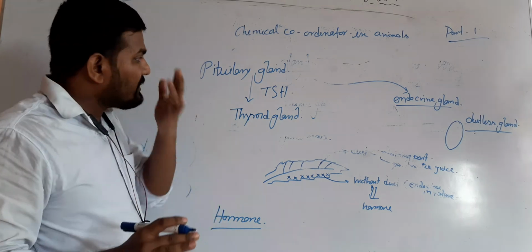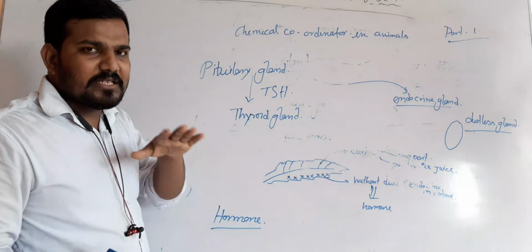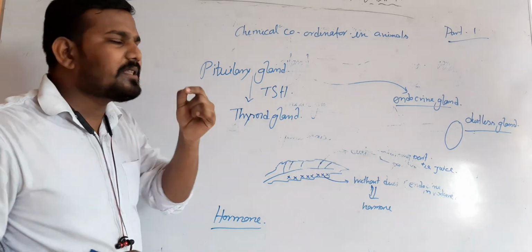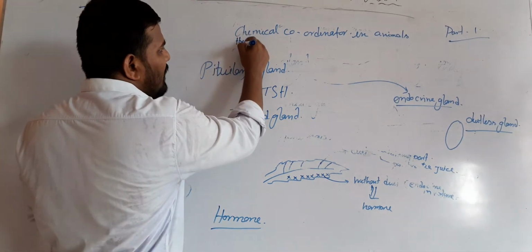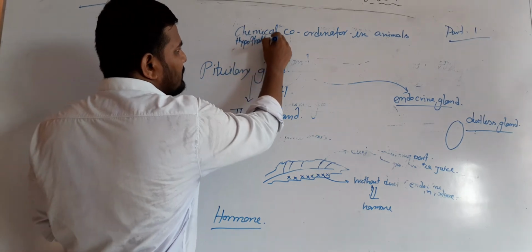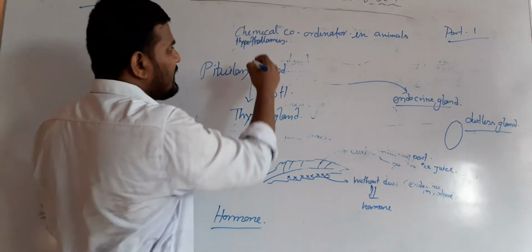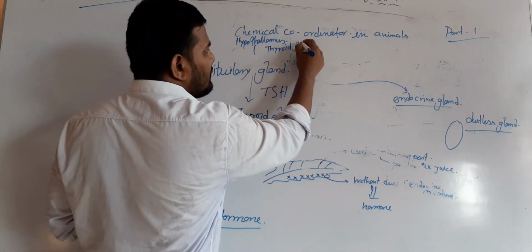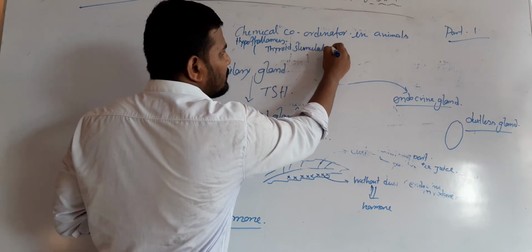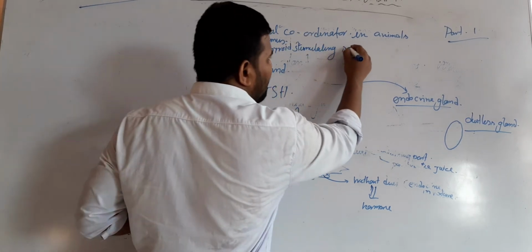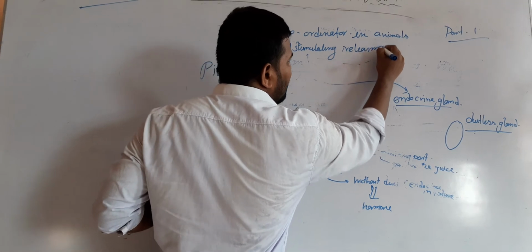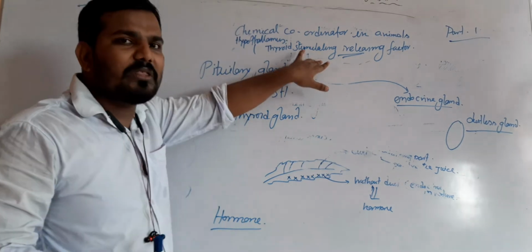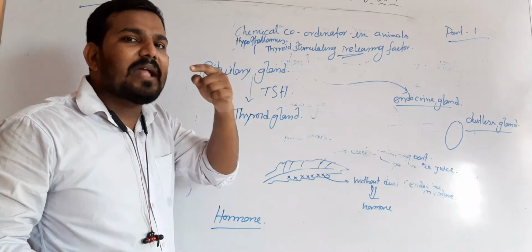How will the pituitary gland secrete the TSH? First, when the TSH is required, the hypothalamus will secrete the thyroid stimulating releasing factor or hormone. Now this hormone is going to mix with the blood by diffusion and circulate to